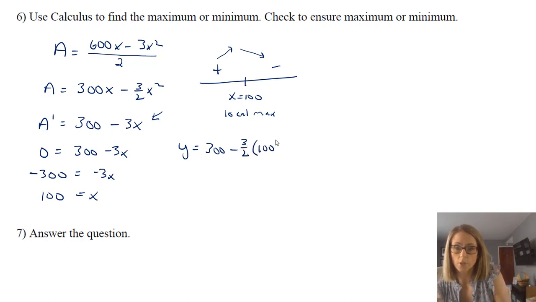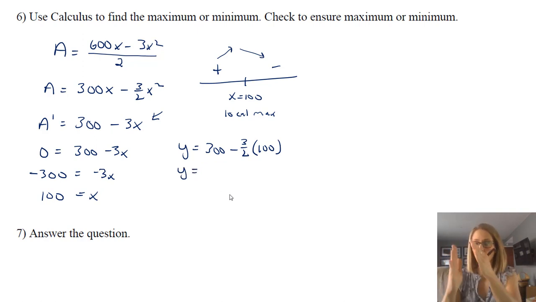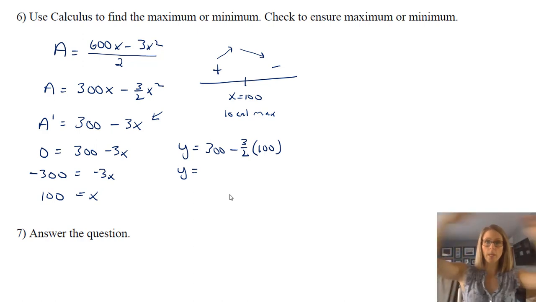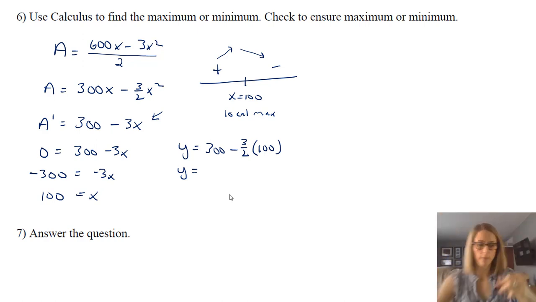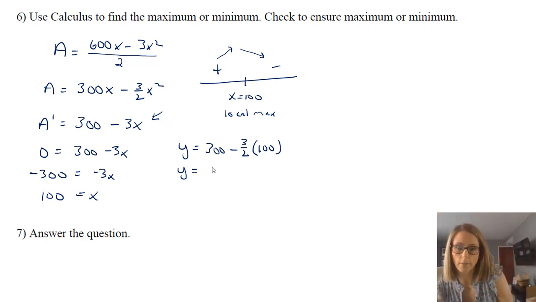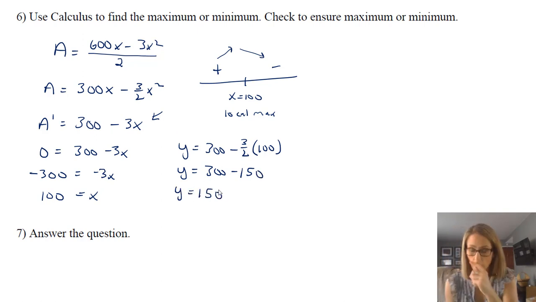And so we put in 100. And I mean, you can kind of think about it. If you have 100, 100, 100 for your x's, then you have 300 feet of fencing left for your y's, and then you have 2 of them. So it's not surprising that when you do this, you're going to get y equals 150. And so this is in terms of feet. So now we have x and we have y.